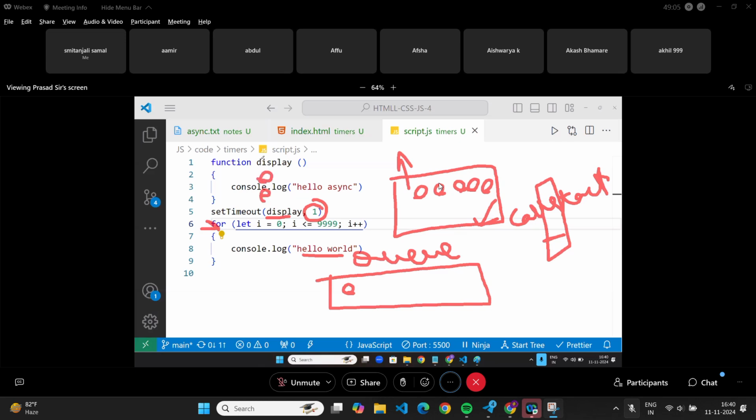When three students are outside and sir is empty inside, how do the students know that the sir is empty now, so that I can go inside? Students are outside, na? How do they know that all the students are completed? Can they know that? No. How does this queue value know that now the call stack is empty, I should go? Someone should tell them, na?